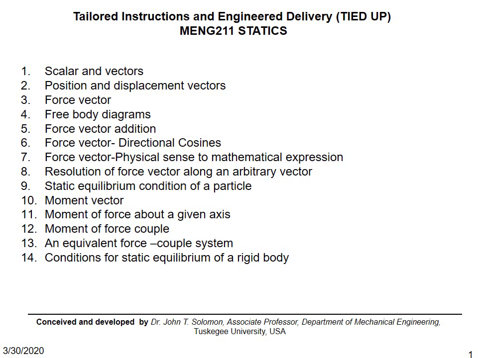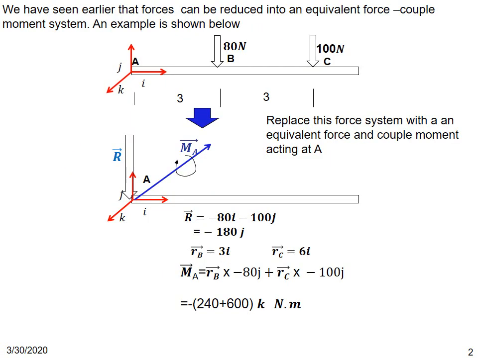Hello and welcome back. In this video of concept 14, we discuss conditions for static equilibrium of a rigid body. We have seen earlier that forces can be reduced into an equivalent force couple moment system. For example, consider a beam acted on by two forces, and we can replace this force system with an equivalent force couple moment as indicated. Instead of two forces, 80 Newton and 100 Newton, we have only one force which is